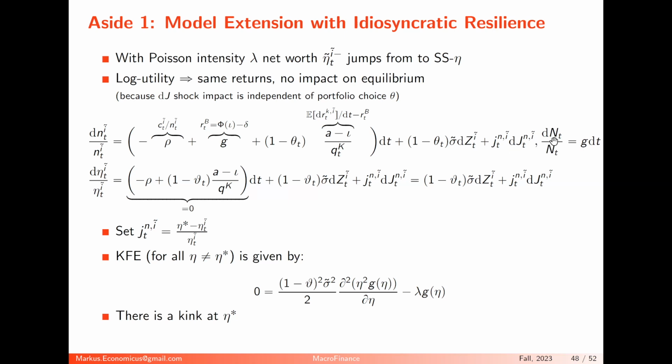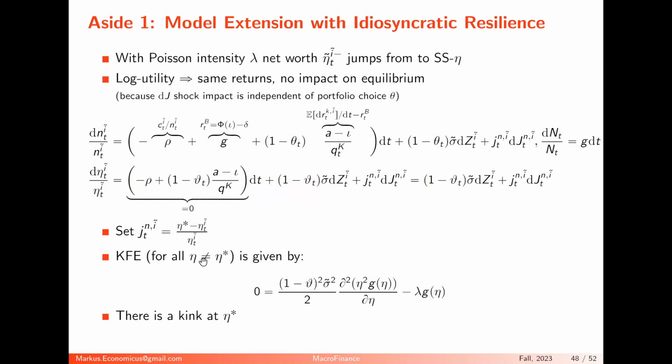Okay, and the net worth grows in total because there's no aggregate shock. It just grows at the rate of G, which is this guy here. And then the wealth share, we can do this, eta. Eta is just the wealth share, using the product rule. And we can do it in such a way that occasionally you jump back.